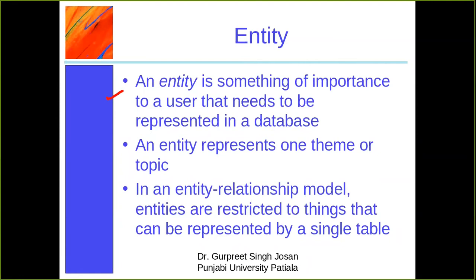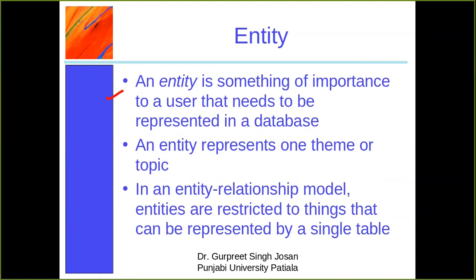So what is a relation? It is basically a subset of the Cartesian product of two sets. These two sets are basically representing entity sets. So entity set, for example, set A and set B. Set A consists of all the men, set B will consist of all the women. Now what is a man? Man is basically an entity. What is a woman? That is also an entity. So it is a relationship between the two entities.